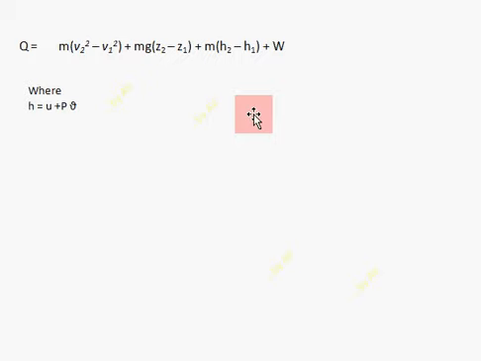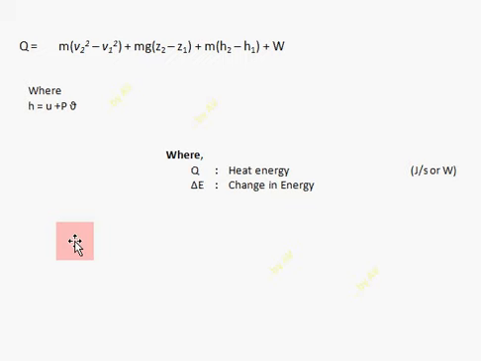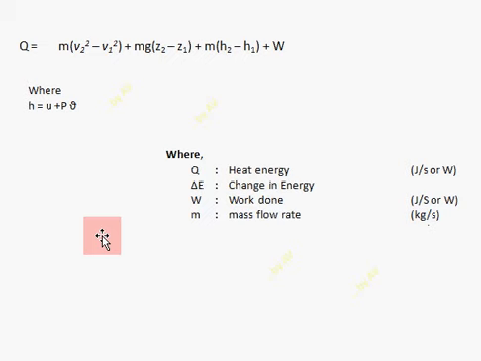We should know one point, that H is nothing but internal energy plus flow energy. And to know about the terms which I have used in the video: Q means heat energy, and the unit is joules per second or otherwise watts. The next one, change in energy. We have used that del E in the beginning of the derivation. Next one, work done. Similar to heat energy, it is joules per second or watts. And mass flow rate, since it is a flow rate, of course it will be kg per second. Velocity, that is small v, in italic form I have used as velocity, and it is meters per second.